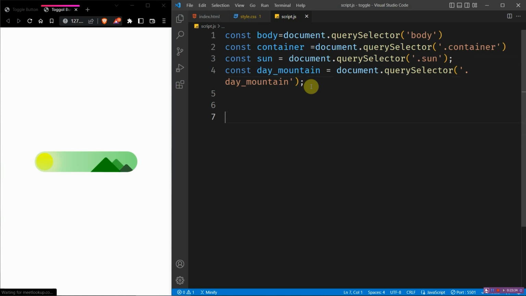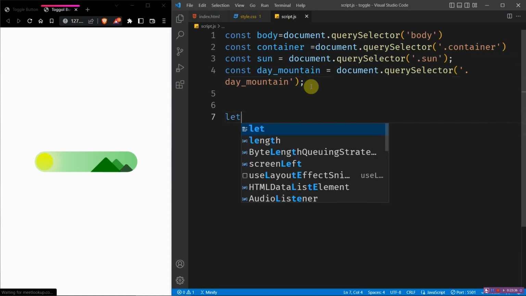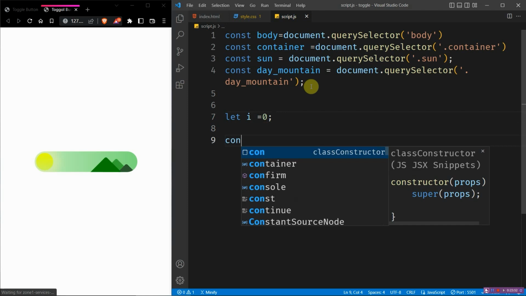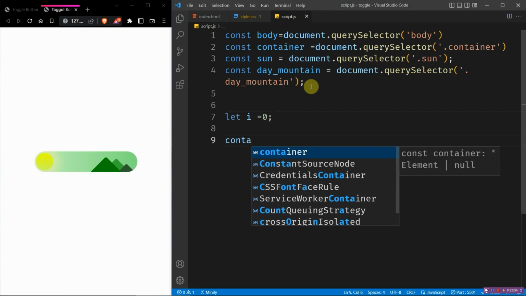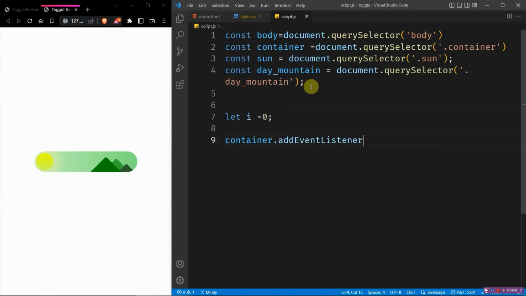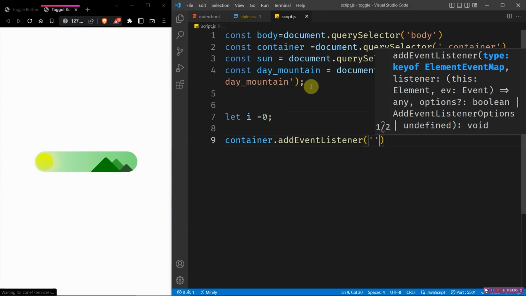So the idea is, we are creating a variable i, its value is 0. Okay, fine. So when the container becomes clicked, we add an event listener, and we will put click. So when the container is clicked,